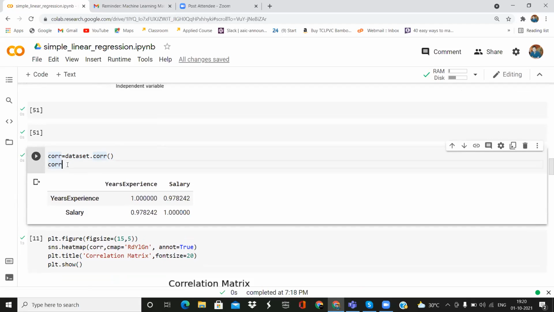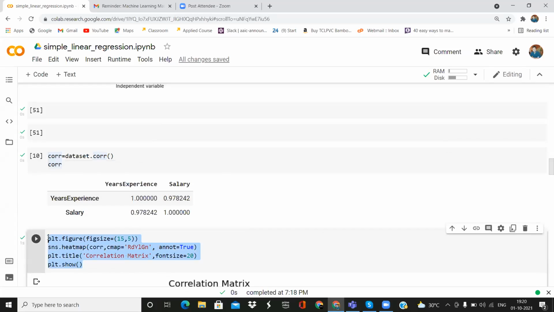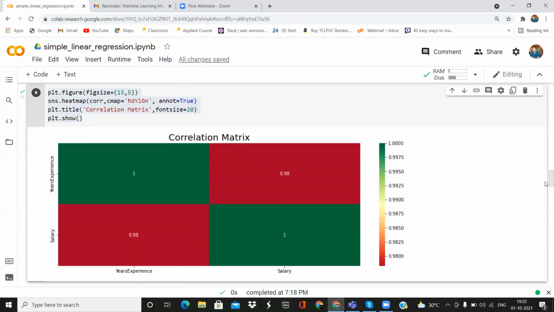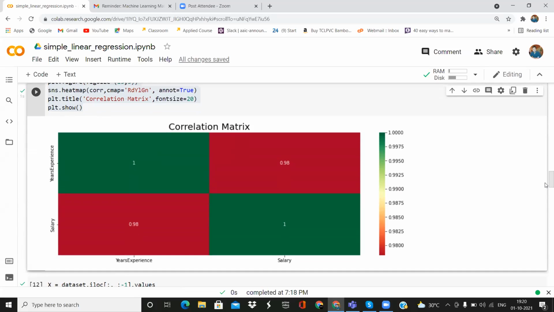Then you have to drop maybe one of those columns to get a perfect model. Just for learning purposes, I have shown you this. This is the command to get the correlation, and then I have plotted a heat map to check. But this is not useful with two variables. It is useful when there are multiple columns, with multiple independent variables.